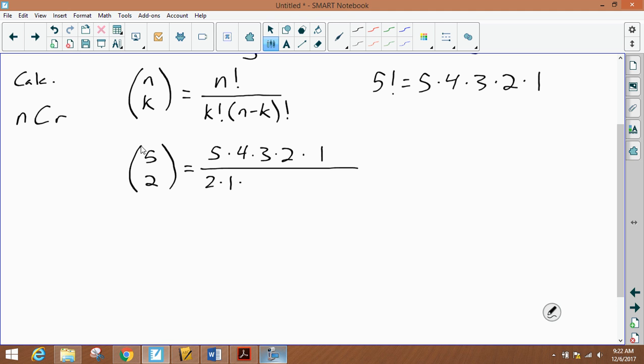And I'm multiplying that by n minus k factorial, so that's 3 factorial, which is 3 times 2 times 1. And hey, you could do it like that, or you could say that's 1, and that's 1, and of course that's 1. So that's just